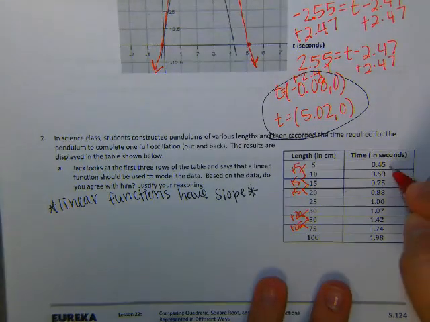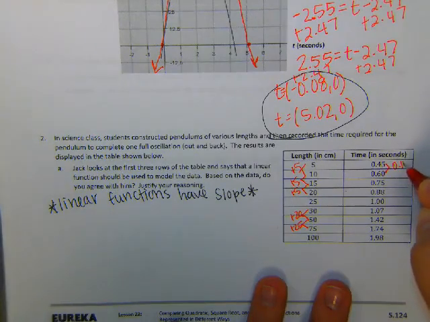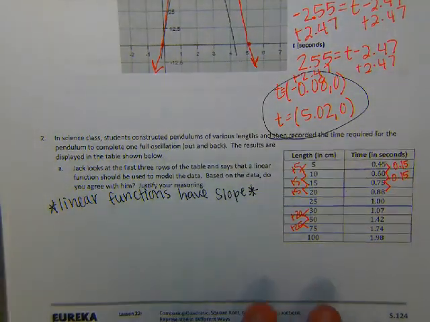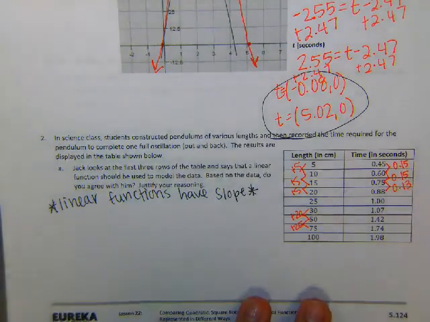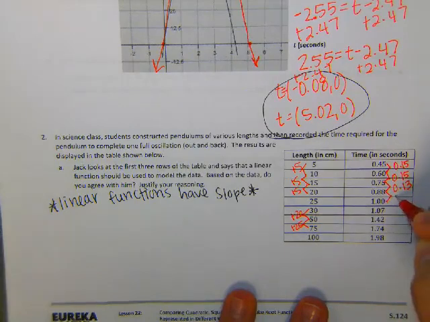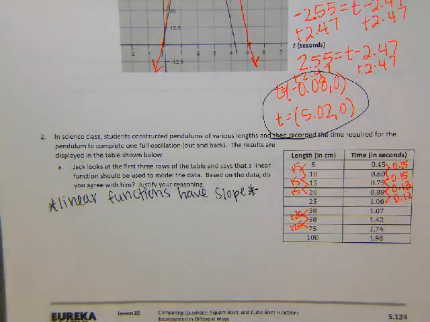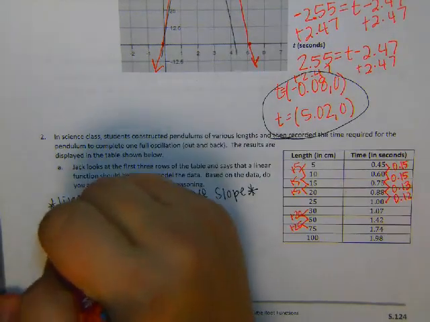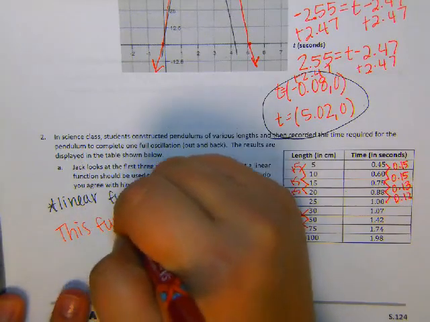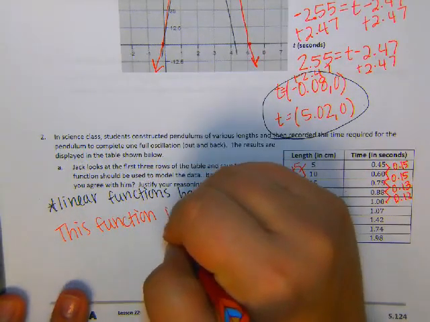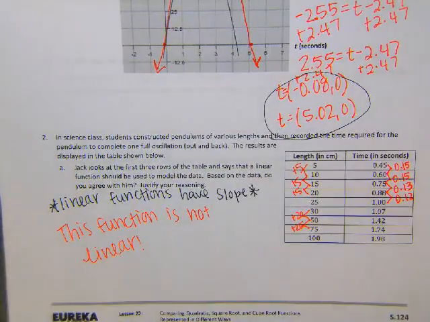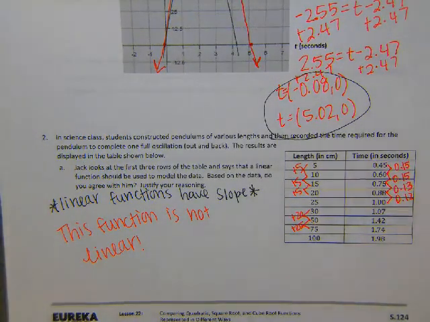So 0.45 plus 0.60 is adding 0.15. 0.60 plus 0.75 is adding 0.15, so we're good so far. But then when we go from 0.75 to 0.88, we're going to add 0.13, and then 0.88 to 1 is adding 0.12, so then we're not constant anymore. So that means that this function cannot be linear. There is no constant rate of change. Okay, so Jack just reminds us that it's important to check all of our data, not